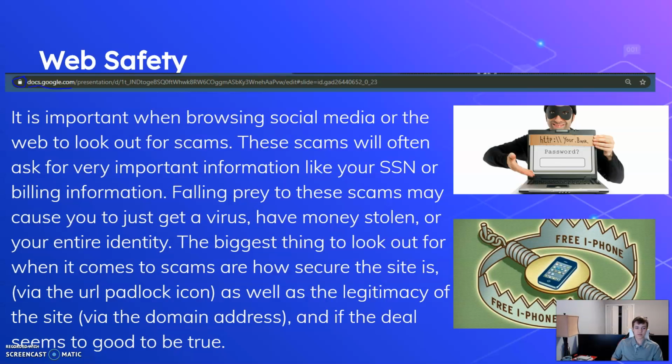Web safety. It is important when browsing social media or the web to look out for scams. These scams will often ask for very important information like your SSN or billing information. Falling prey to these scams may cause you to get a virus, have money stolen, or your entire identity. The biggest thing to look out for when it comes to scams is how secure the site is, as well as the legitimacy of the site via the domain address and the URL padlock icon. See, this means that your site is secure, which means they're not going to have